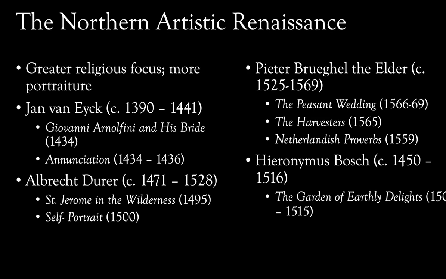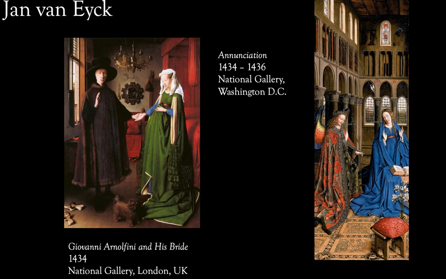All right, so let's take a look at a couple of the most famous artists from the Northern Renaissance, starting with Jan van Eyck, who was Dutch, I believe. You can see that he practiced pretty early on, right, in the early 15th century. He was one of the first artists to use oil paint. And while he painted secular and religious art, he was very well known for his portraits and his altarpieces.